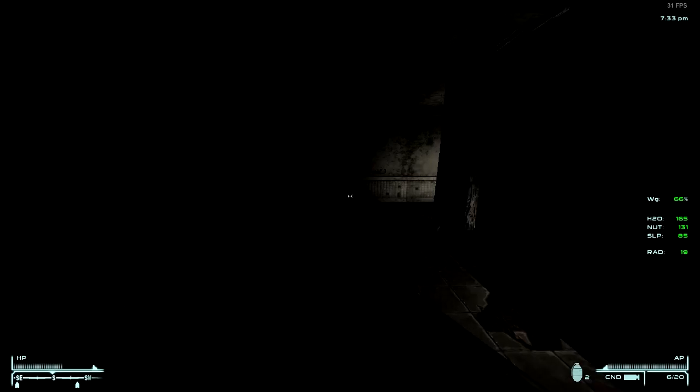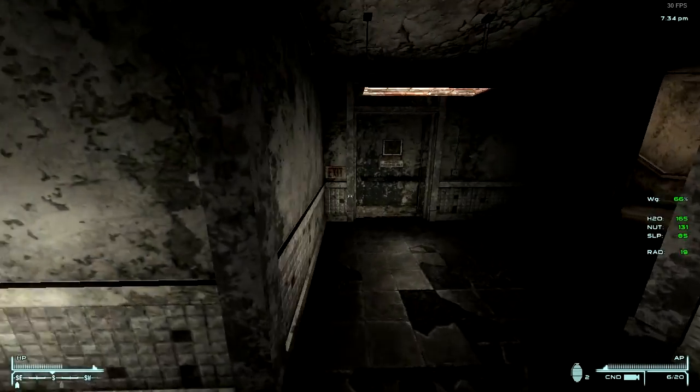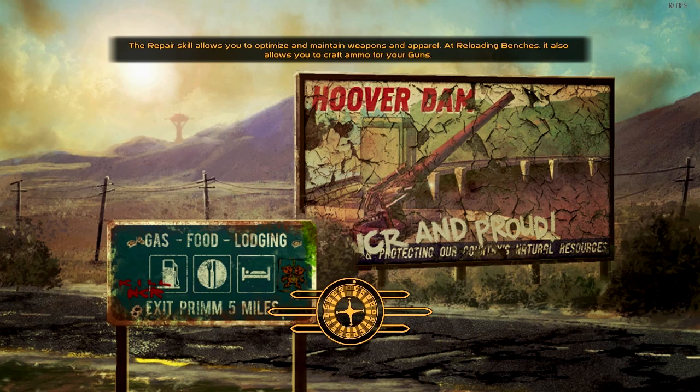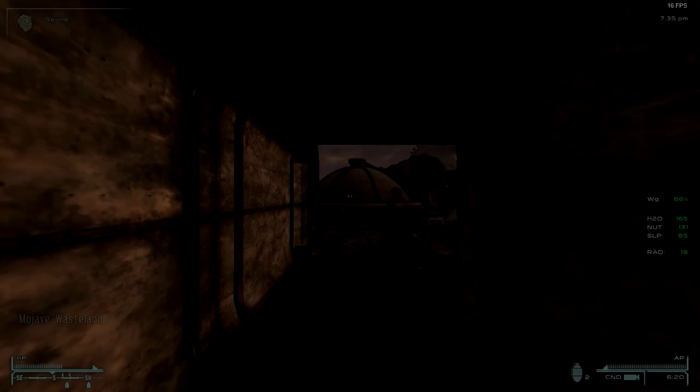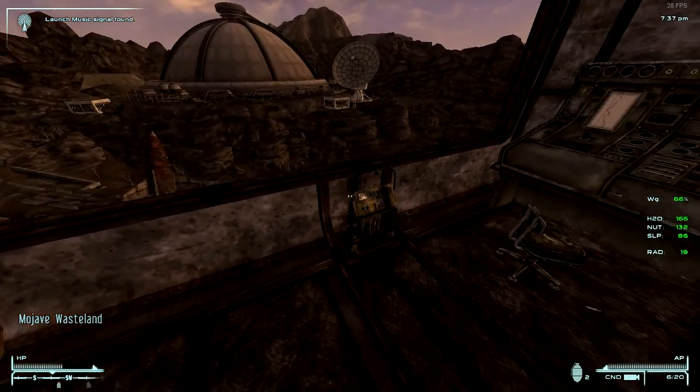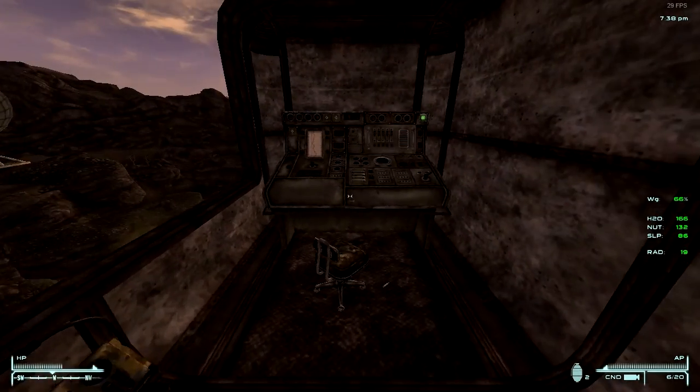All right. So the door's right here. It says Repconn test site, but this is where you need to go. It's sort of a door that leads out to a balcony. And here, we can interact with the launch button. But before you do that,